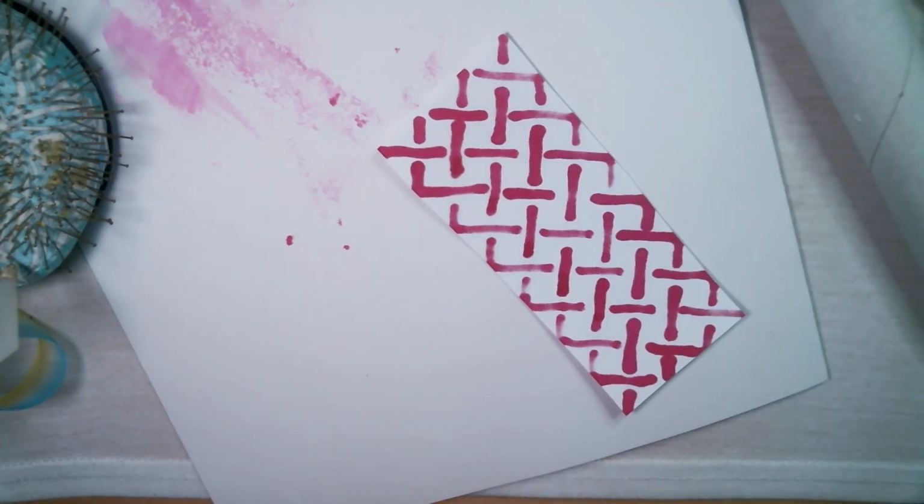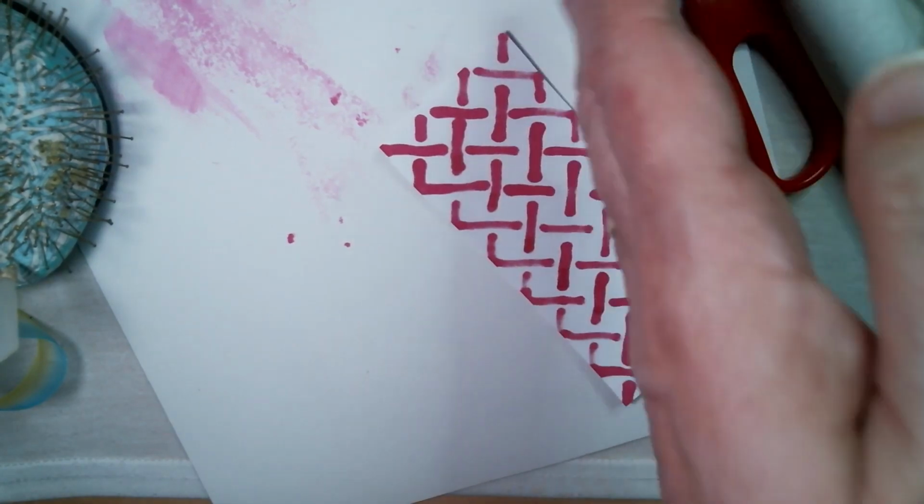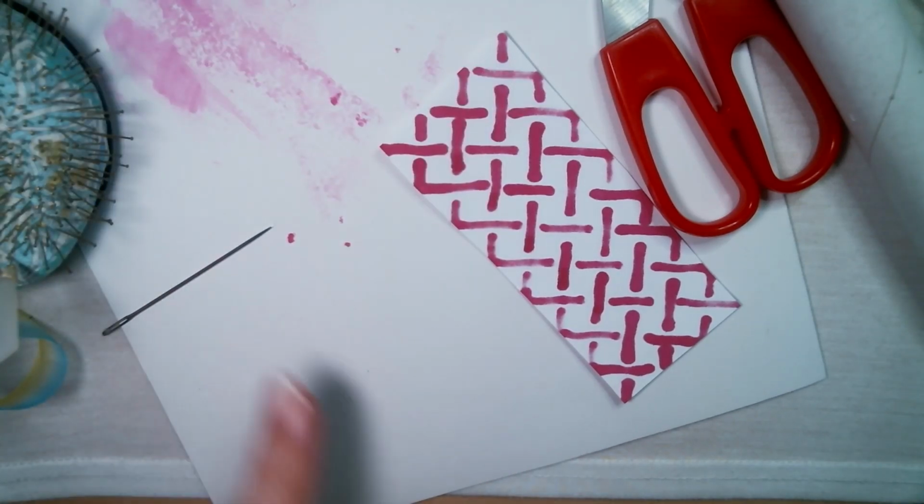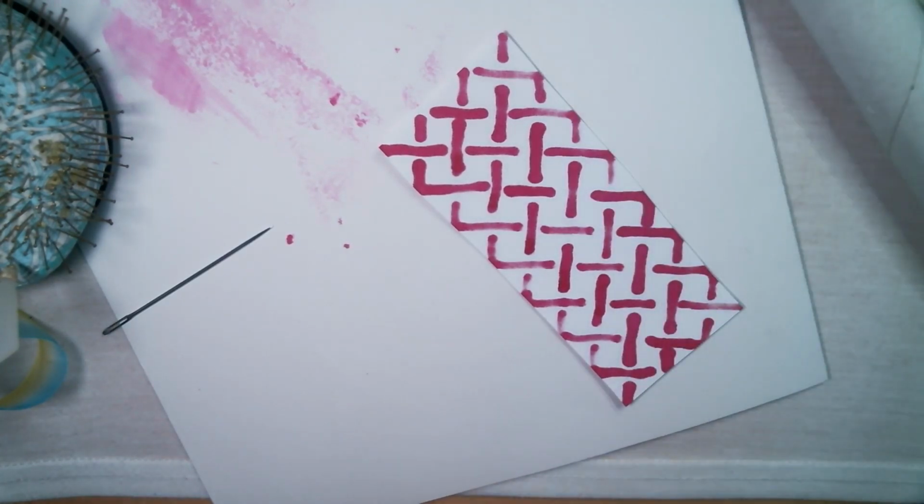pick up that's fallen off my desk, get some scissors and a needle. A nice big sewing needle. That's the one I use. And I'm going to take some wadding, which sounds a bit silly, but you can use it over and over again. It works. So I will cut a length of this,